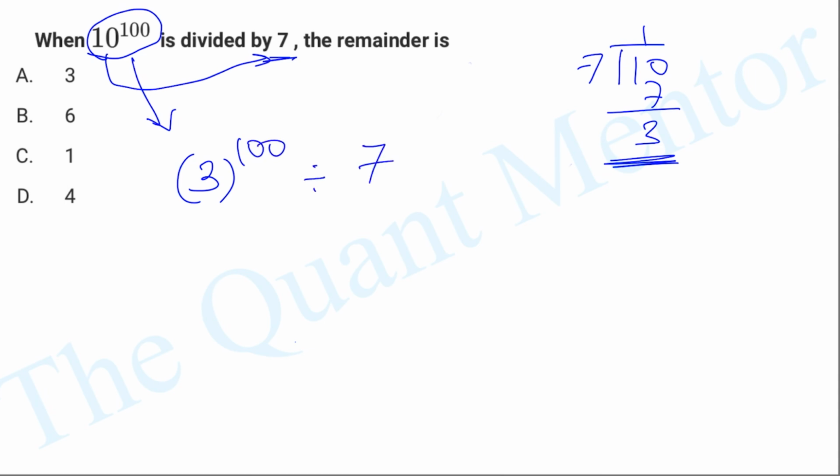Remember, we have studied this concept in our course, guys, and that is whatever we are doing with the numbers, the same thing will happen with the remainders. So if 10 gets divided by 7 giving you the remainder 3, 10 raised to 100 will be replaced by the remainder 3 raised to 100. Further, we have to find out a power of 3 which is